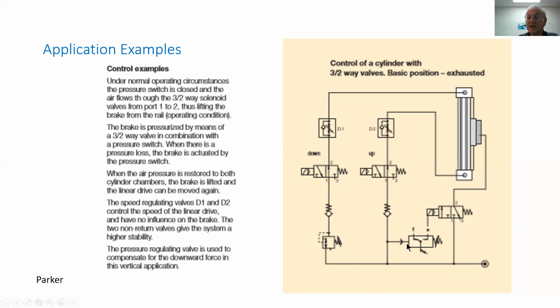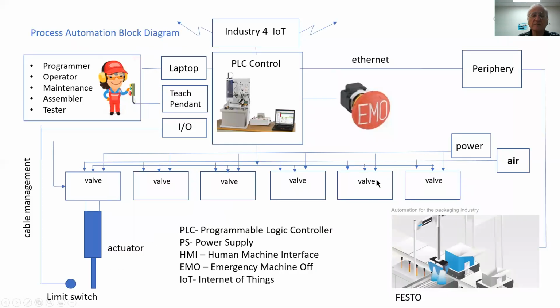And what we see here, that as the pressure builds here, then the pilot is going to push the brake valve to the right, and air pressure is going to be connected to the brake, and it's going to disengage the brake. Now, as long as there is a pressure, the brake is going to be disengaged. But as soon as the pressure comes down, then automatically the spring is going to overcome, and the brake is going to be engaged because the power is going to be disconnected.